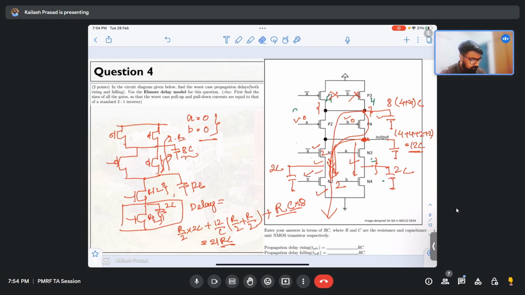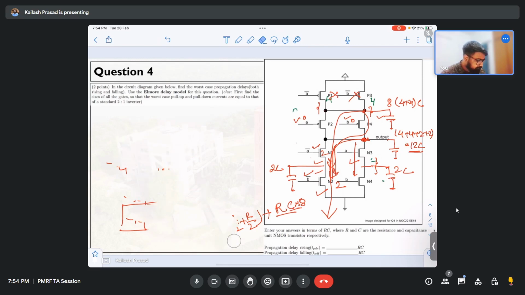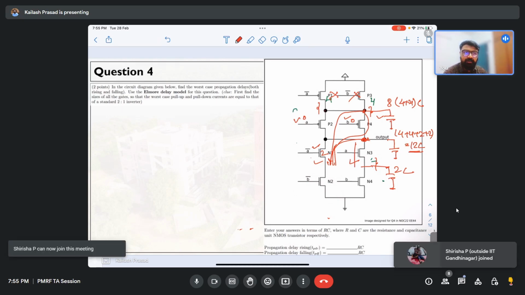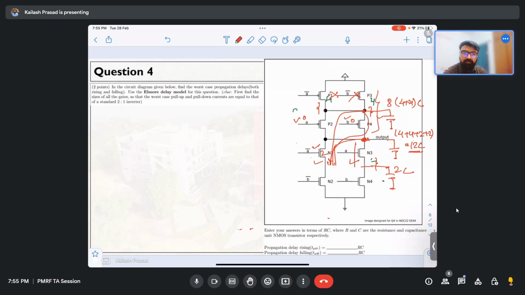Now I am moving to the second part, which is the rising delay. Sorry, the falling delay was 21 RC, right? In the rising delay part, I have to take one path. So I can take any one of these paths. So I will just take one of them. If I take one path from here, which path should I take? So I can take maybe B,